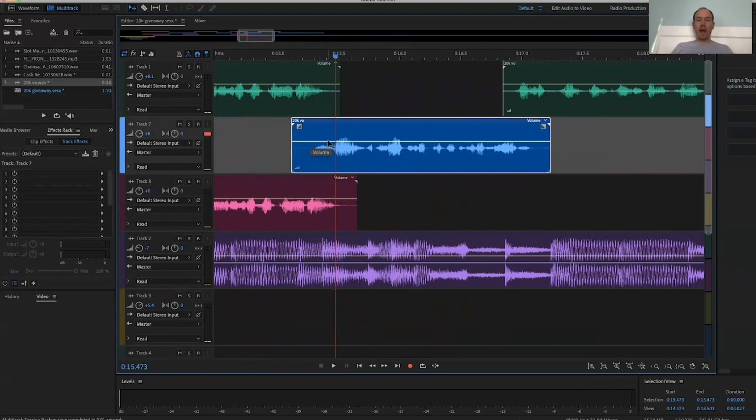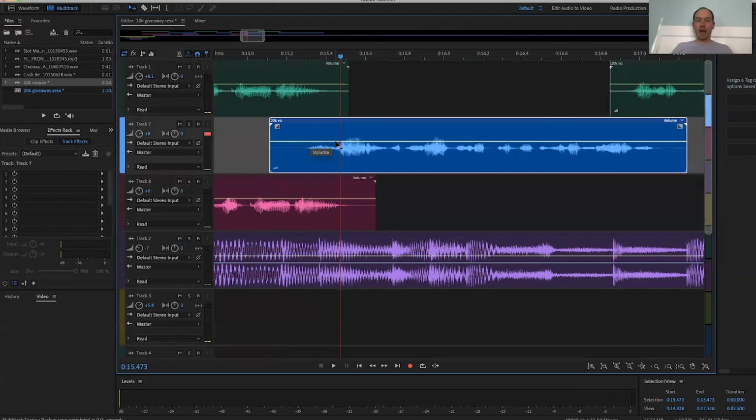So I'm going to go down here to the actual element here of the track. I'm going to grab this volume line right here. Be careful because there's like a pan line. I think the pan line's somewhere up here. Anyway, there's a pan line somewhere. So just make sure you have the volume selected. And I'm going to boost that up by about 3 dB, just because I thought that kind of got buried